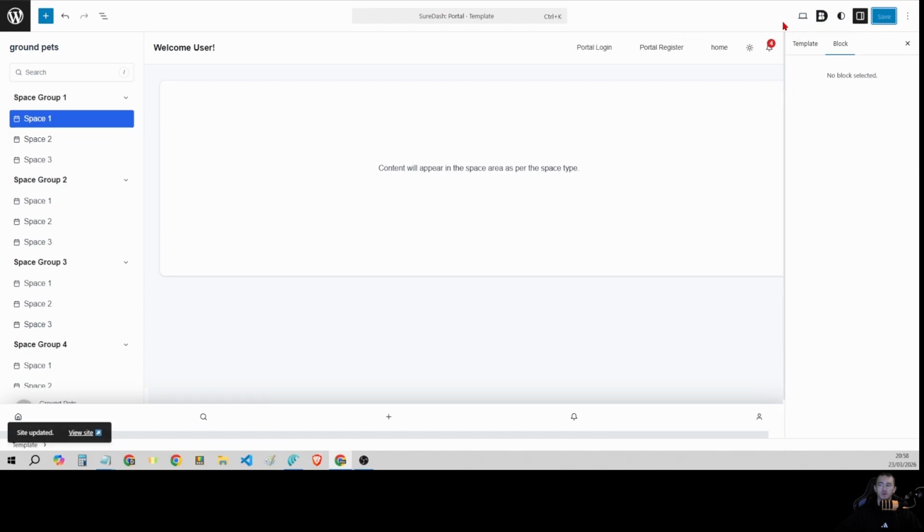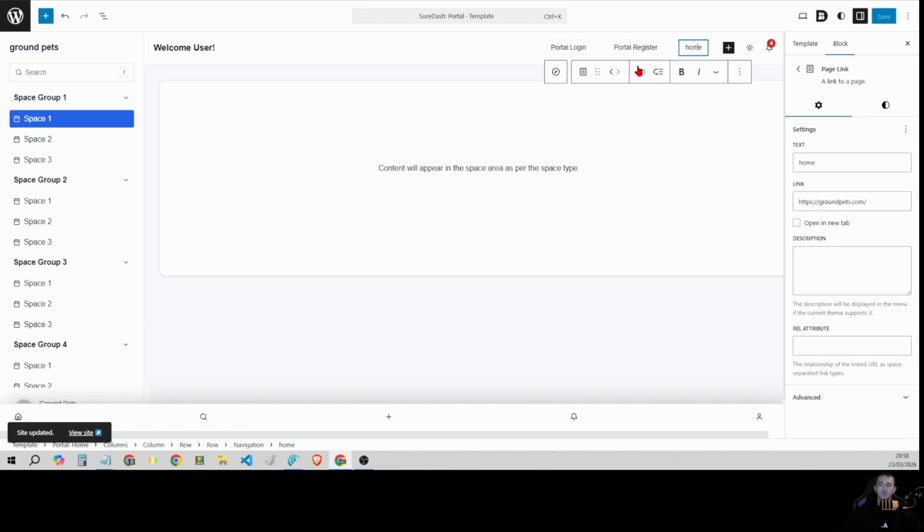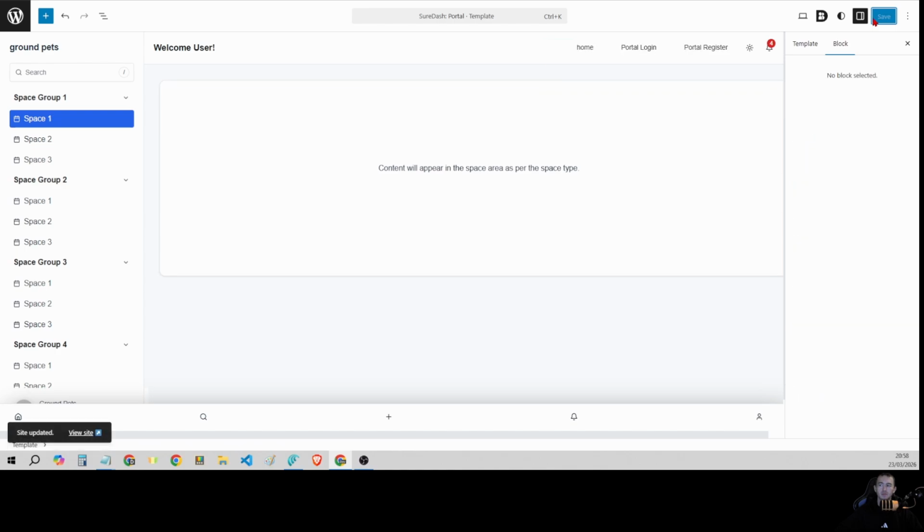If you come to your far left onto here and click onto home, you'll see these little arrows. Let's move it left again, and as you can see, it's now on our far left. If we go to top right and click save, if we come to this little icon, looks like a computer,